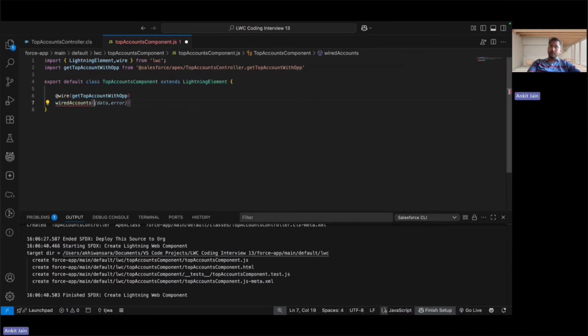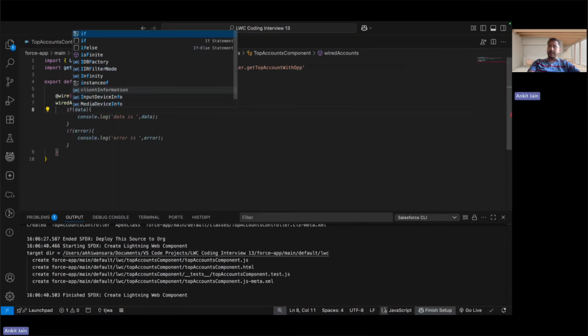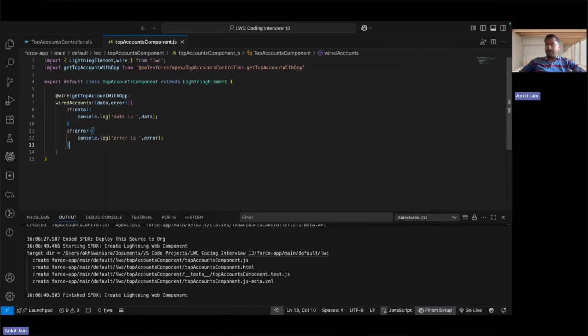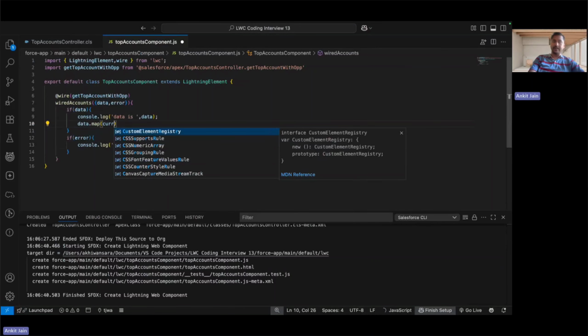Here I'll be having the two things, data, comma, error, right? And here I'll be checking if data, followed by the if error. Now, in case I do have the data, then what I want to do here is, as I said, iterate over the data one after the other. So to iterate over the data, here I will be iterating over this called data.map, and here I am taking each item at a time,